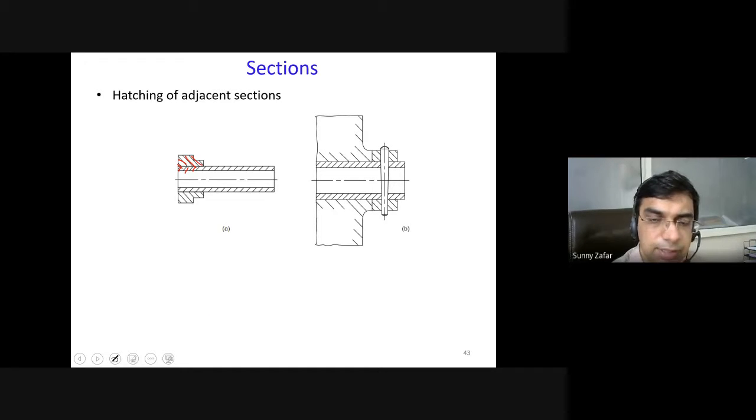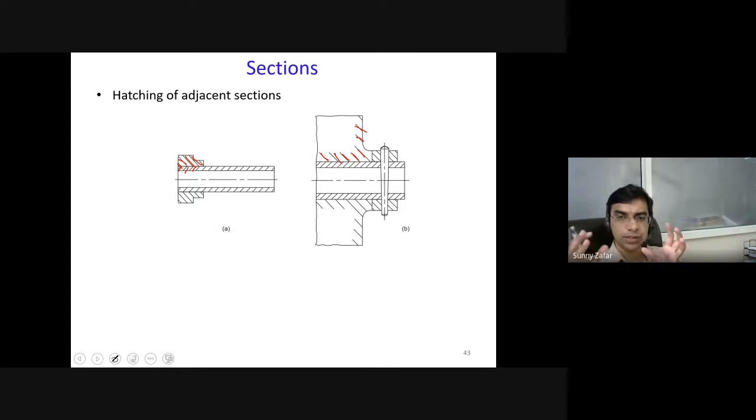Okay. Similarly here, if you see, if there are three parts, typically you use a slightly different hatching pattern. In the current scenario, it is automatically done with the software, but to read a drawing, you should understand that a different hatching pattern means that a different material may be used in different sections of this assembly.